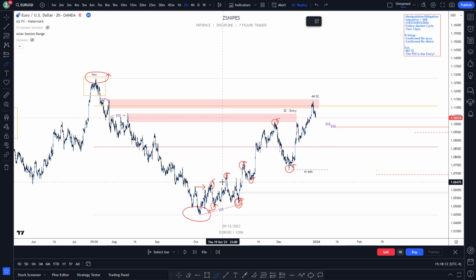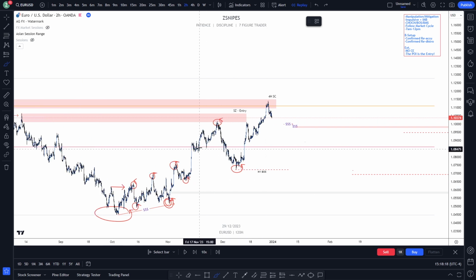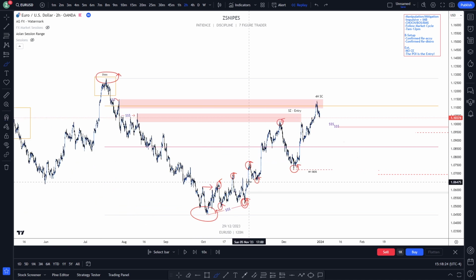So we're just focused on higher time frame and intraday time frame right now. It's going to be much simpler that way. Lower time frame gets deeper into it, as you can see, with these little more internal legs on the inside of it. But the main things we need to focus on here are higher time frame and intraday. If you can get these two down packed and understand this, then lower time frame is just going to be easier.